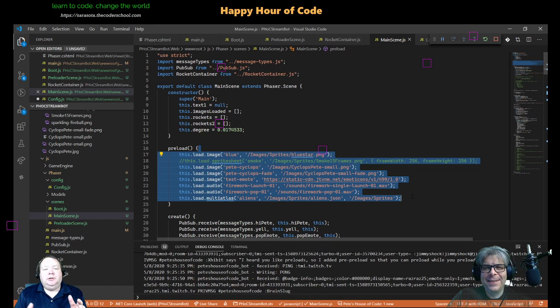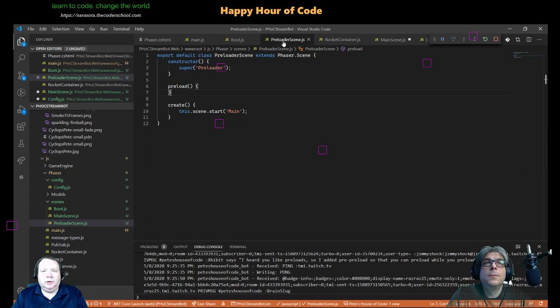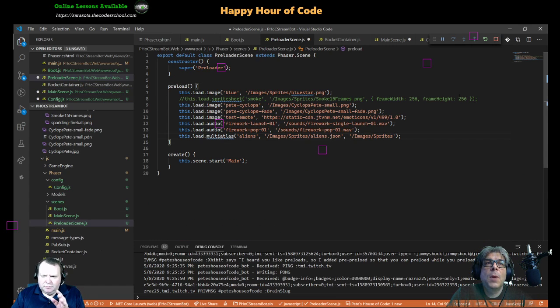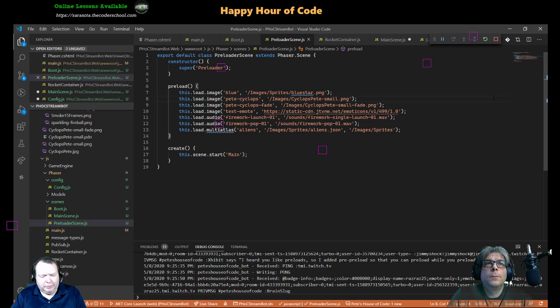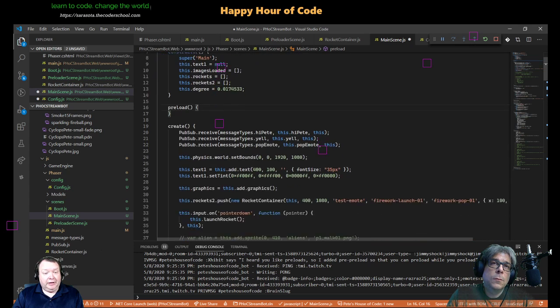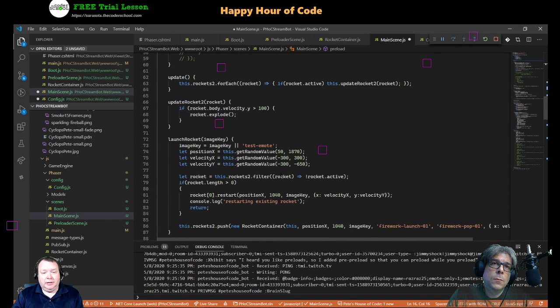So here's what I'm going to do: I'm going to take all the stuff that we had in the preload on this one, and I'm just going to move it up to this scene here. This is temporary, because what we would do, and I can walk you through real quick, is that inside the create, we would do a couple of things to build our progress bar, and then we would attach to the events like we did in our scene here, how we attach to the